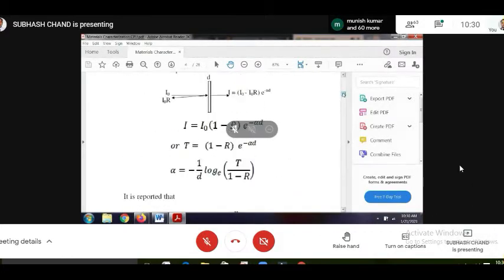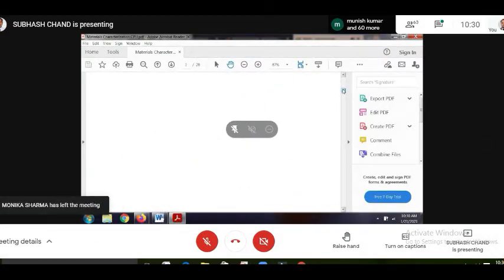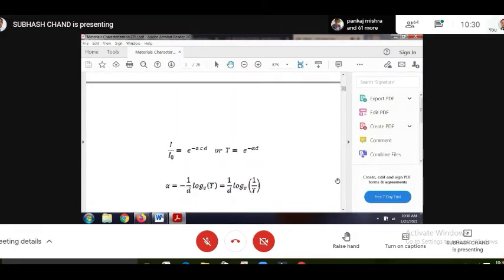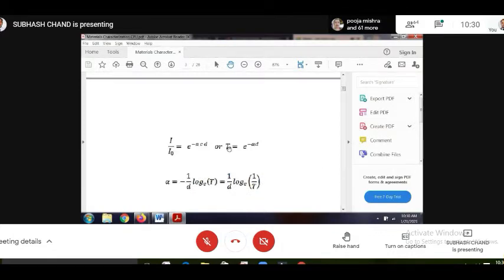So let us see these relations. Here is this we have already seen. We relate transmission coefficient to A, absorbance. Now here the same relation we can again write I upon I naught, which is T equal to e to the power minus A. A को हम लिखेंगे again, A basically A is a, c and d. Okay, a, c, d. a is the absorptivity, c the concentration and d the path length.